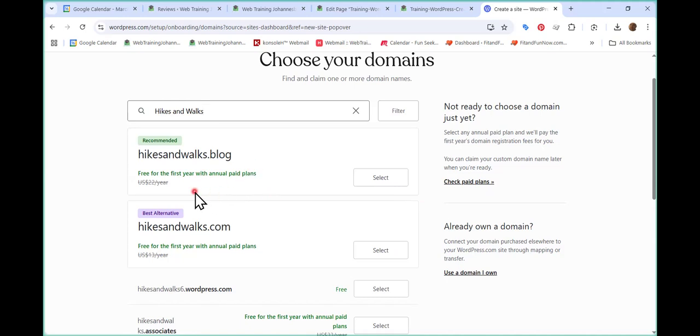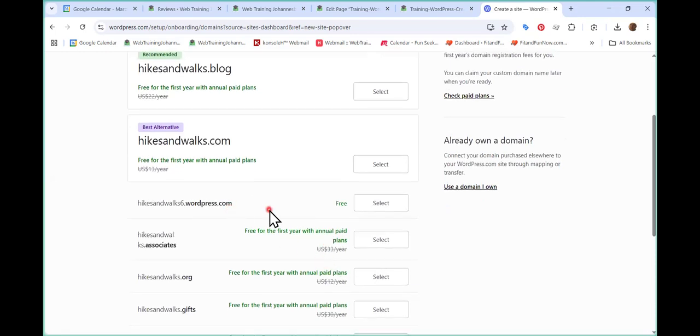hikesandwalks.blog, free for the first year with annual paid plans at $22 per annum. Okay, the best alternative would be hikesandwalks.com. Now, if I was serious about this particular domain, I would have gone for hikesandwalks.com. All right, free for the first year with annual paid plans at $13 per year. Okay, and you select. But in our case, we want to create everything free, so it will be